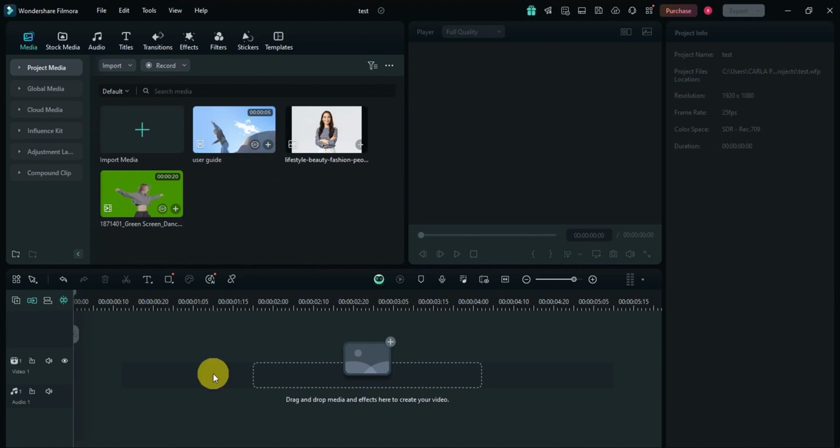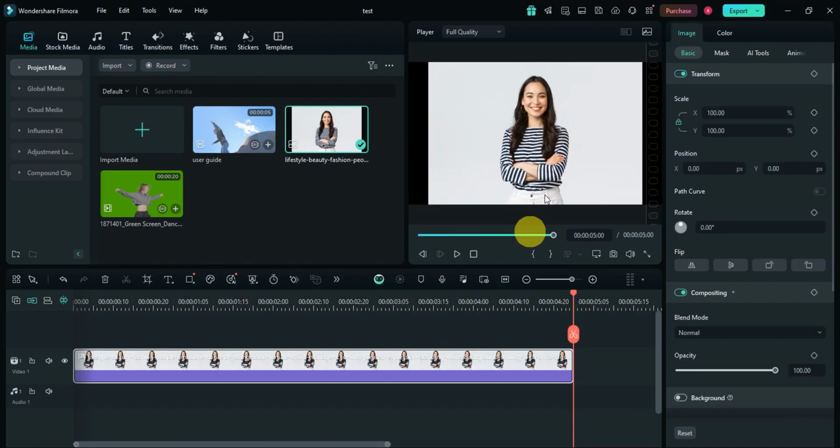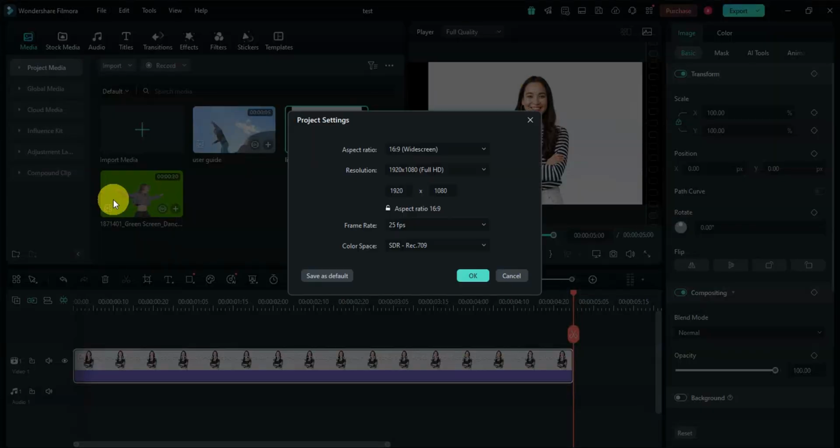To add this here onto the timeline, you could simply drag and drop it or click on the plus icon to proceed. Now, once you have added that, you could see that this is the current ratio or size of the image. For us to be able to change this, for instance, you want to go ahead and make this portrait for a phone. So we're going to go ahead and head here under File, and then you should be able to see project settings, and here on project settings there should be an option for you to change the